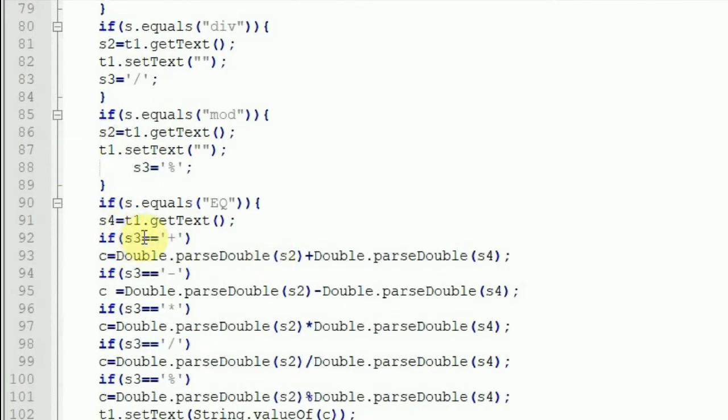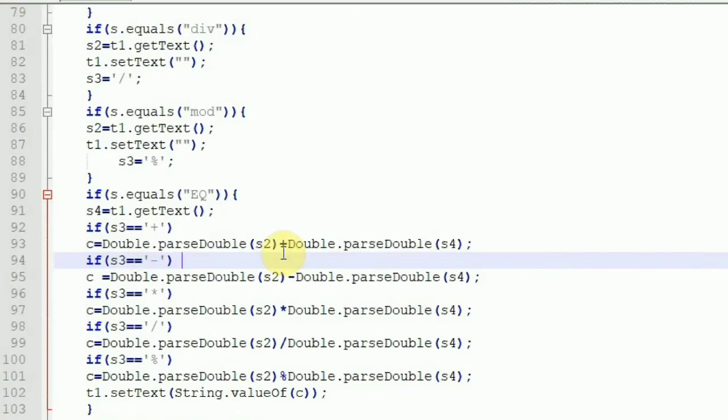Now if the S3 is plus, then we are calling the parse double method, which is a static method, which will take the string into it and convert it into whatever data type we are asking it to convert. So here we are asking it to convert to double. So this plus, when it is taking double as the first operand and double as the second operand, it will perform numerical plus operation between the numbers, and it will put it in C.